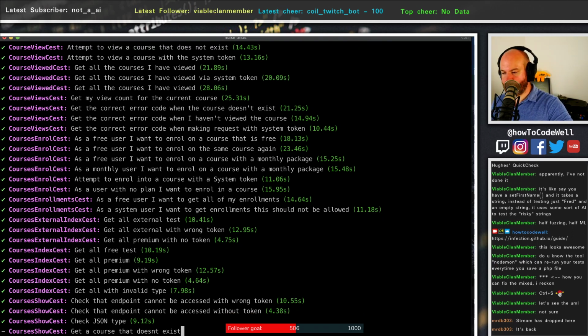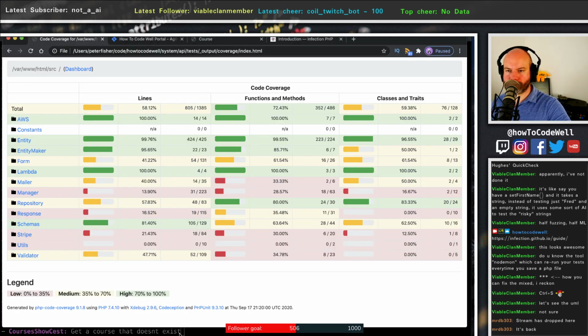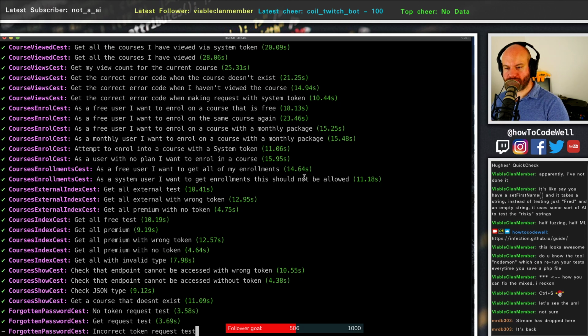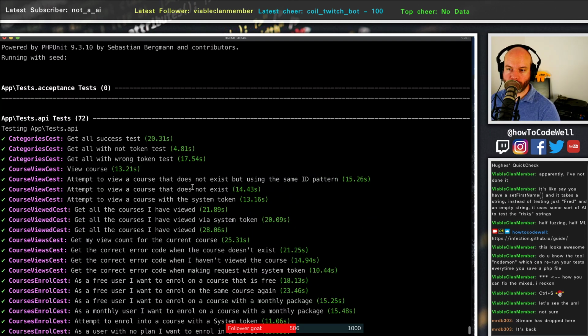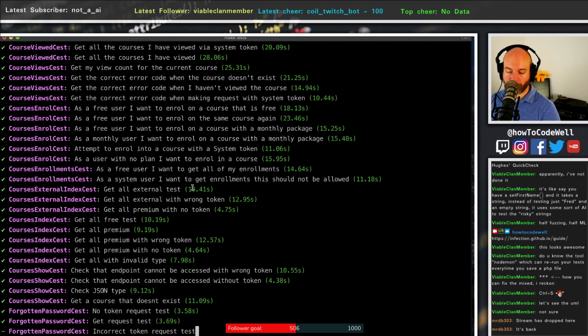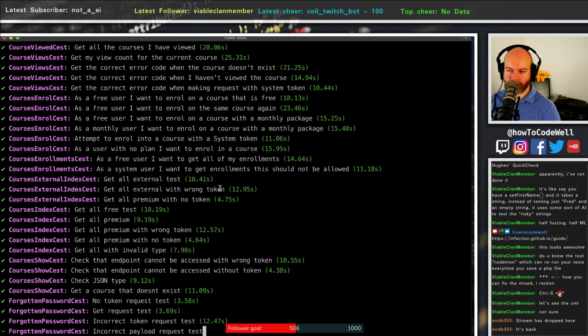So, I mean, what are we at now when we get to code coverage? Are we still at 58? Yeah, we're still at 58. So it kind of dips and dives. Sometimes it's 60, sometimes it's not. It depends on whether I'm removing code or not. One thing I should say though is that the actual API tests and the integration tests, when we get to them, I haven't actually set it up to do code coverage. So there's no like remote code coverage being captured,